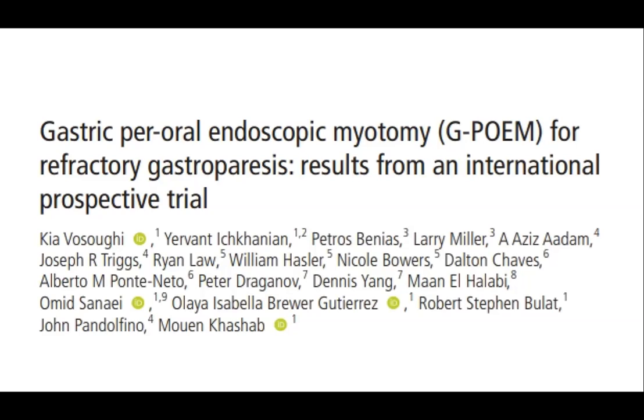You go down, find the muscle layer, and make a cut into the muscle layer. It's a myotomy that will relax the muscle. Again, traditionally designed for achalasia, where that muscle is very tight in the distal esophagus. In this case, we're using that same technology. We're burrowing into the stomach and going to that pyloric channel, and we're cutting that muscle in the pyloric channel. Remember, that was one of the things: that muscle does not relax very well in this pathophysiology.